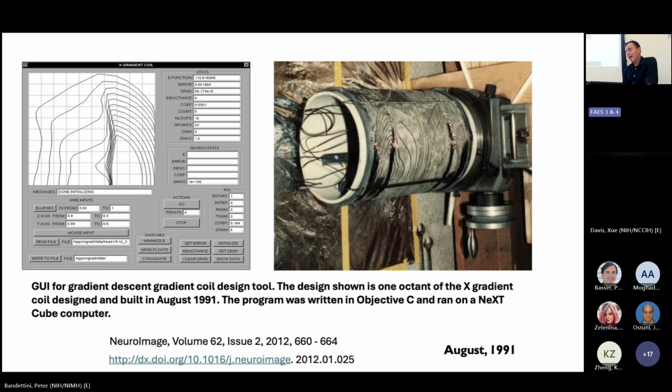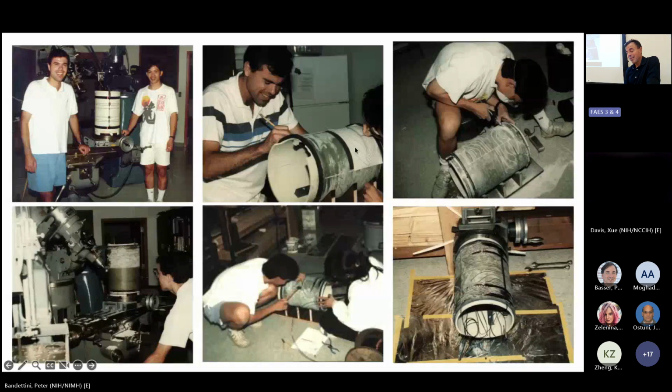And he basically designed this coil using a technique called conjugate gradient descent that optimized for the field. And this is what it looks like. We basically took over the machine shop and built this coil. And this is us just building it in the middle of the night. We used the lathe to build grooves. This is the Z-axis. And then on top of that, we put the X and Y axis. With more epoxy, we traced the patterns in, and then we used a Dremel tool to groove in the grooves of the wires, and then pounded the wires in with a hammer, and repeated this until we had X, Y,